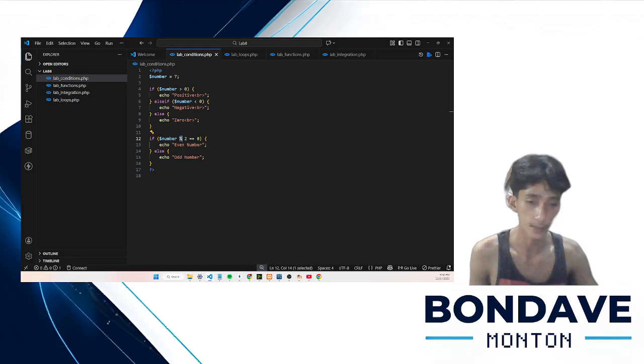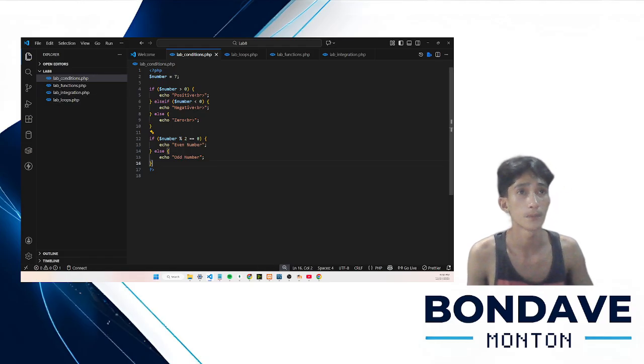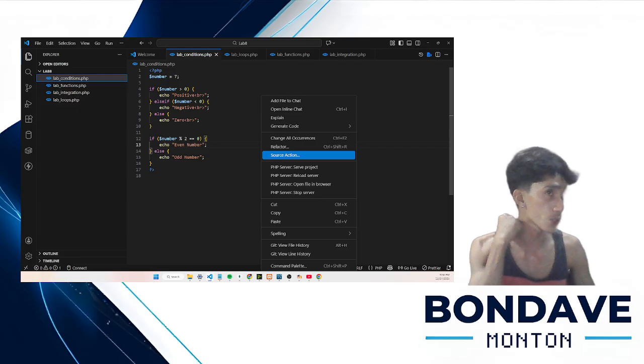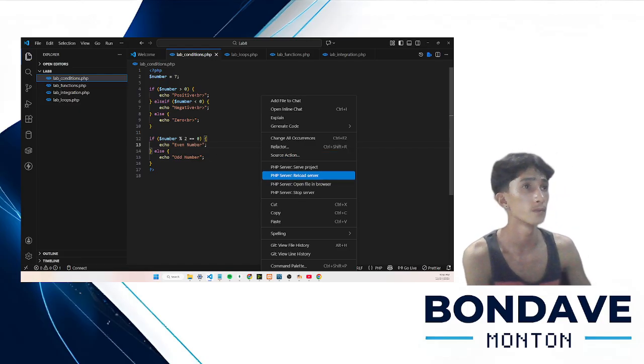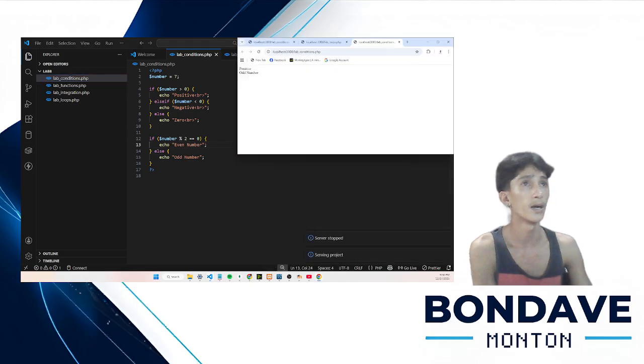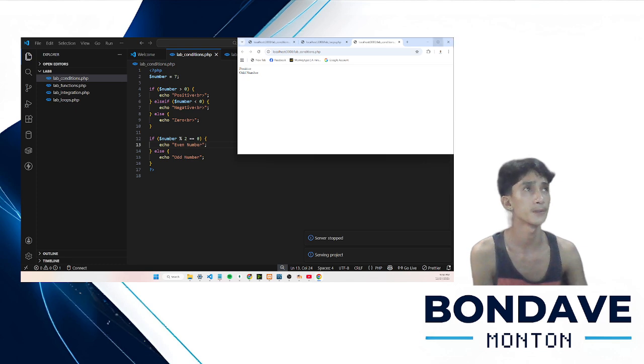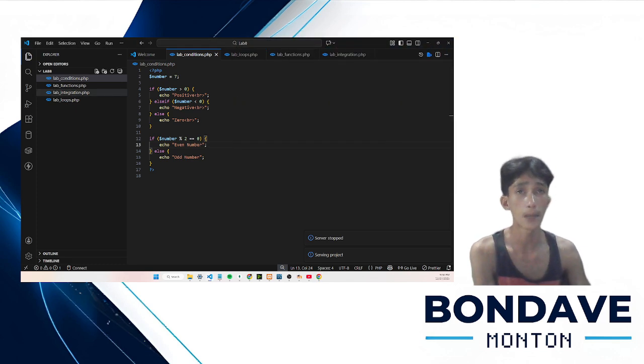Otherwise it is odd. Now if we try to run this in the browser, the output is positive odd number. So that covers the lab conditions in PHP.